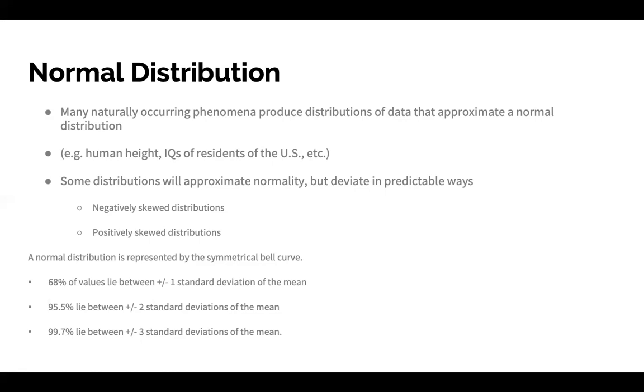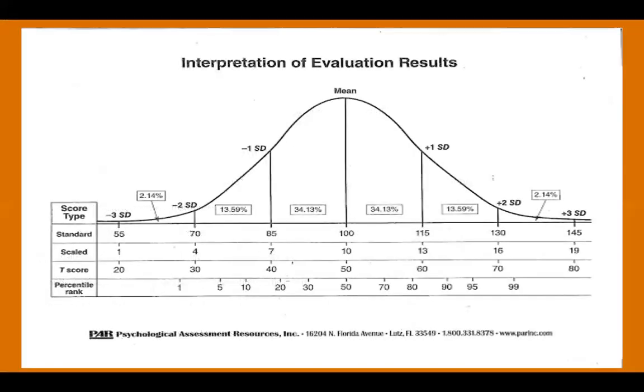So the bell curve is really based on this normal distribution idea: there are many naturally occurring phenomena in the world that produce distributions of data that approximate a normal distribution, which means a normal bell curve. And when I say normal bell curve, I mean this, I like to call it just a big hump. Theoretically, given, let's say, a variable of IQ, and it could be any variable related to people, but if we look at IQ, theoretically,